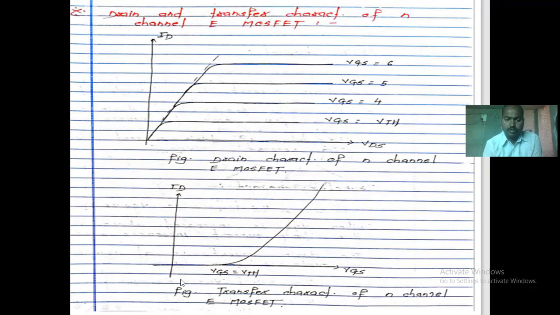Another thing for this configuration is the transfer characteristic of the n channel. The transfer characteristic indicates that as we increase the value of VGS, there should be a larger amount of current flowing through the device. So VGS increases, meaning a more positive value. Why does that happen? Initially there is the smallest positive VGS.